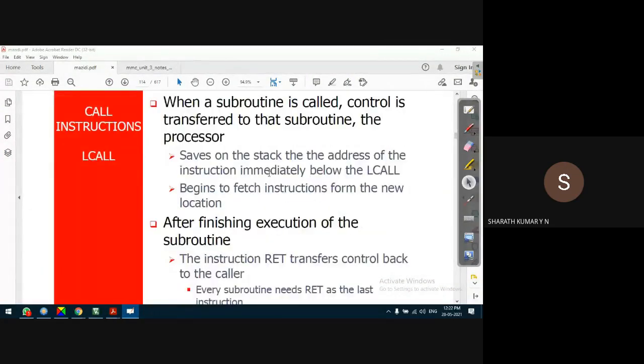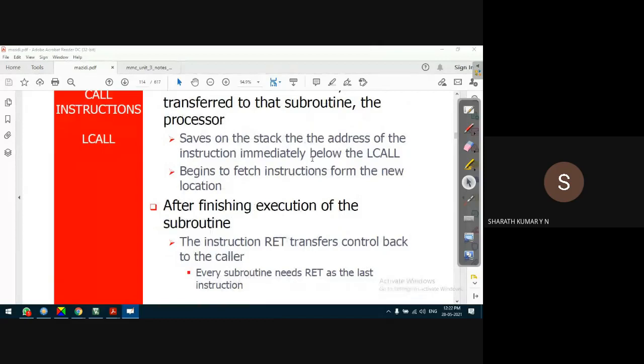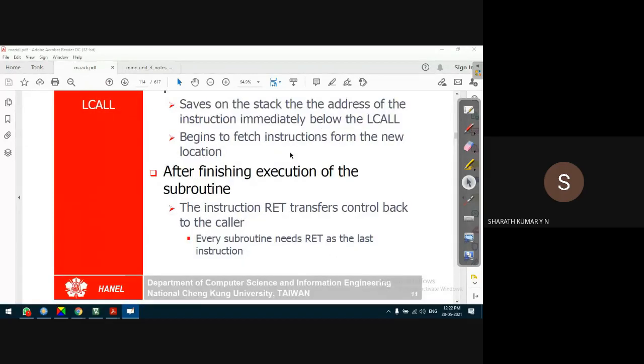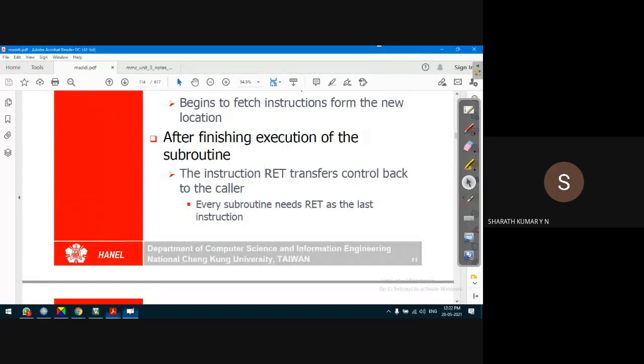This we discussed before: before the subroutine is executed, the return address is saved on the top of stack memory, and on the execution of the return instruction, the subroutine will return back to the calling program.